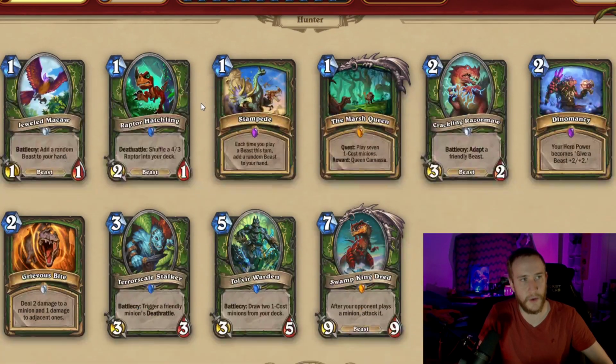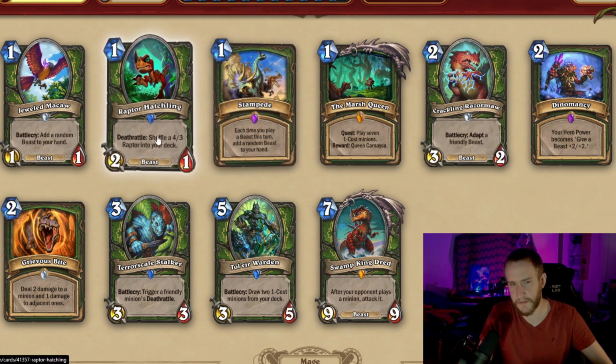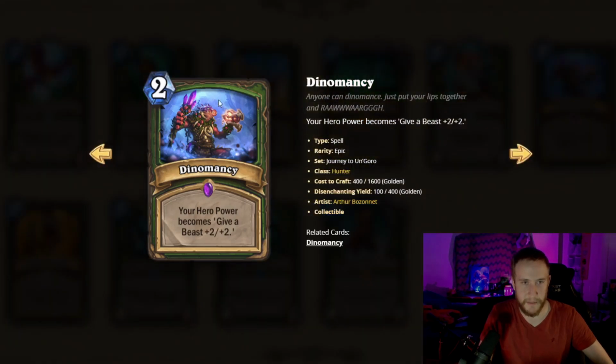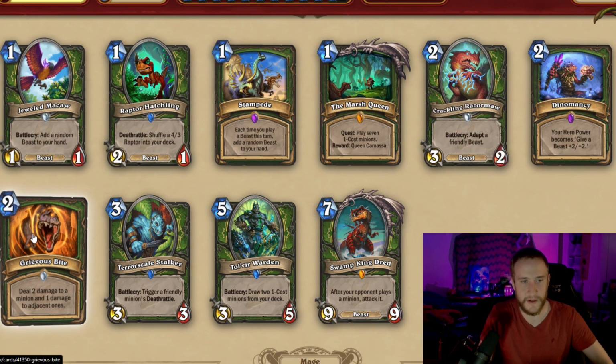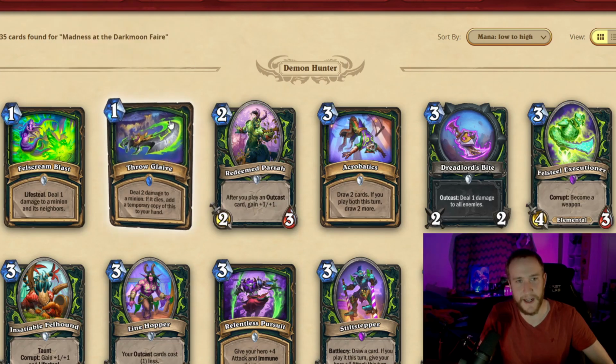From Ungoro, it's completely separate because none of these synergies should cross over, as this is entirely a set based off of Beast synergy. You have a meme card here, Dynamancy, that you should probably never pick. Grievous Bite. Oh, that's interesting. Grievous Bite is going to be in the game at the same time as...